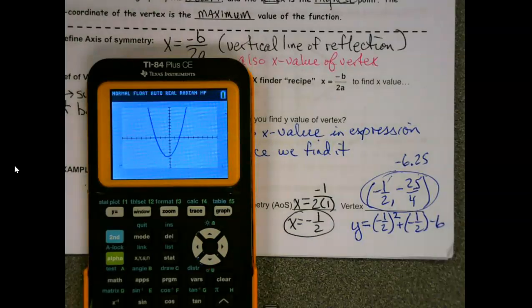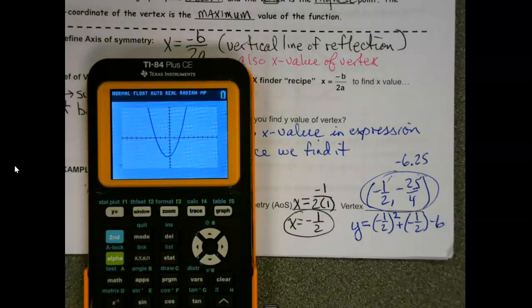And here's what I want you to notice. It's not a perfect science, but it can give you an idea. I look here and see, okay, here's my bottom, here's my minimum. If I follow that up to the x-axis, it looks like it's between 0 and -1, about -1/2. If I look where the y value is, 1, 2, 3, 4, 5, 6, and a little bit more,